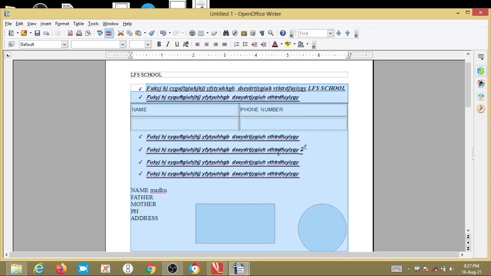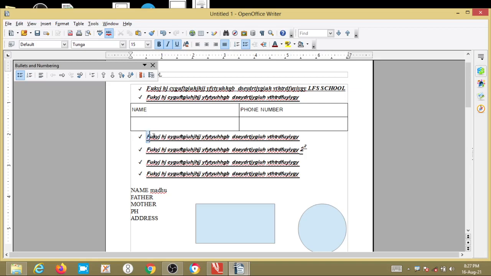Then suppose I want to select the first word and the last word of the last sentence. How can I select these two words at a time? See, I have selected this one. If I click here, the previously selected one is gone. What I have to do is first select the first word, then press the Ctrl key, then select another word by dragging with the left mouse button wherever you want. Just by pressing the Ctrl key, you can select those words.